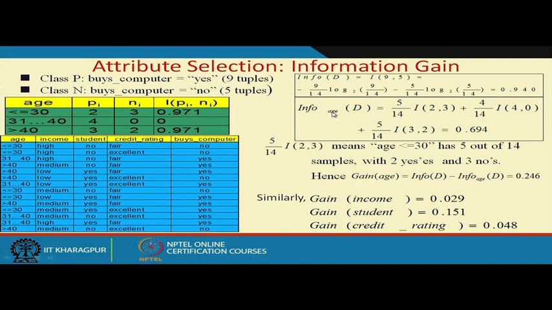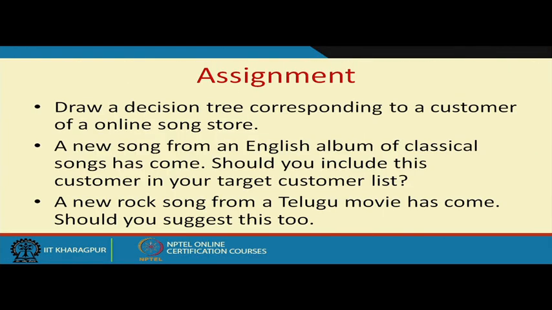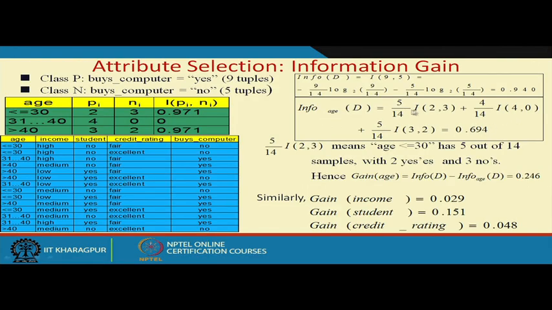Now, if we partition it with the variable age using this formula, you will find the information content for each of the partitions. So, what were the partitions? Partitions were whether the age was less than or equal to 30, age was between 31 to 40, and age was greater than 40. So, there were 3 partitions. For each partition, let us say for the first partition, less than or equal to 30,